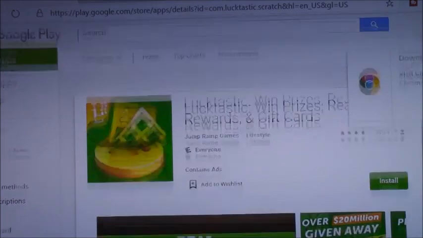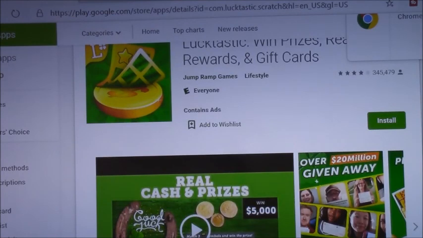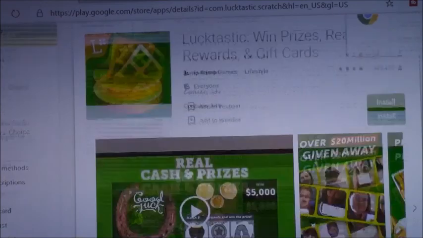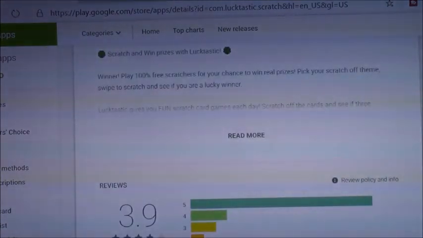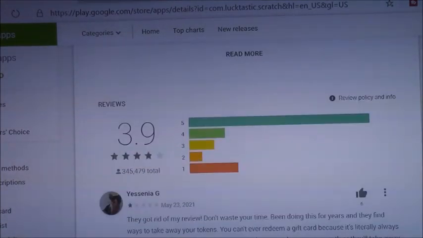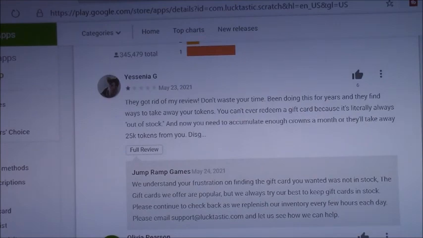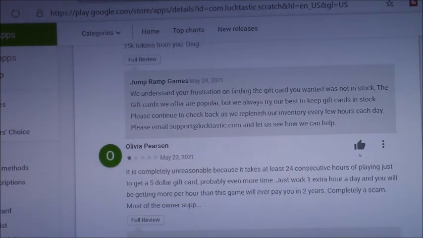On this one, you can have real cash prizes, gift cards, and all kinds of point rewards. This one is only a 3.9 stars rating. And with the next one, you get credits or points and turn them into money through PayPal.